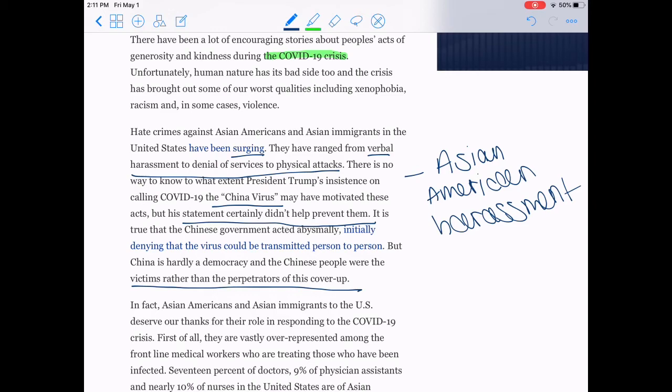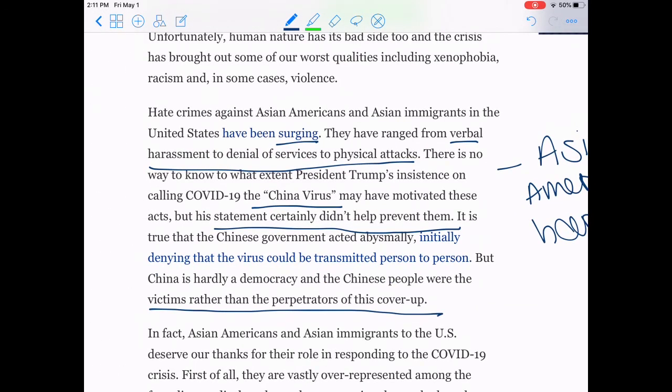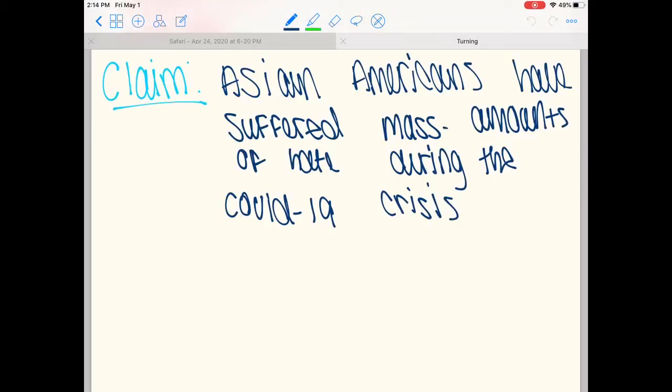So we're going to be taking the main ideas from this paragraph of the article, and then we're going to be developing our claim. Right now I just have a potential claim that we can use to find evidence for. It says that Asian Americans have suffered mass amounts of hate during the COVID-19 crisis. What's good about this claim is that it's specific to the COVID-19 crisis, and it applies directly to